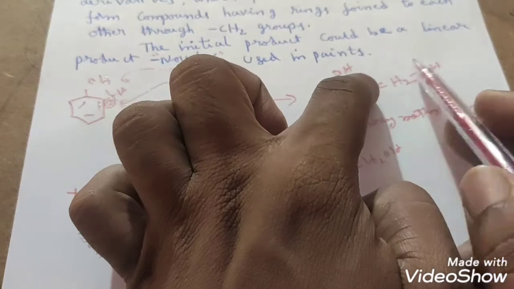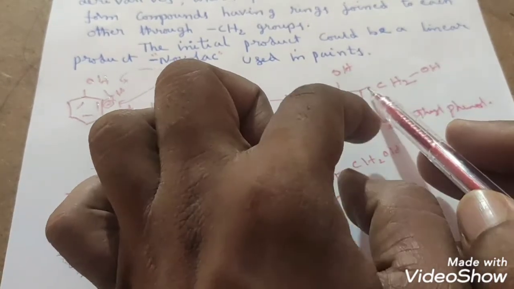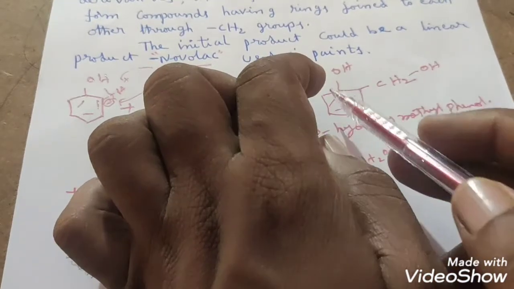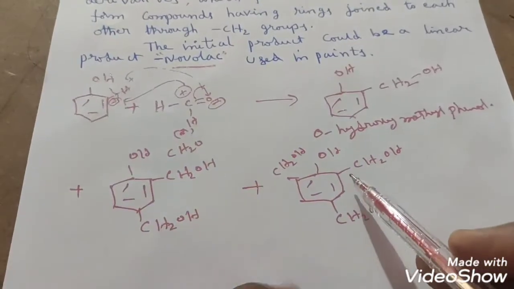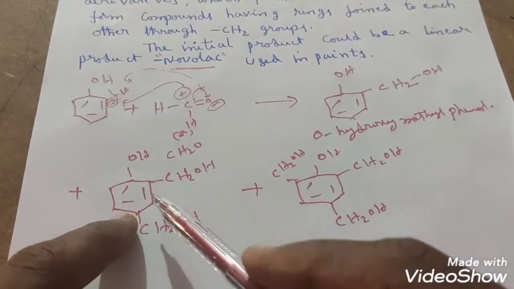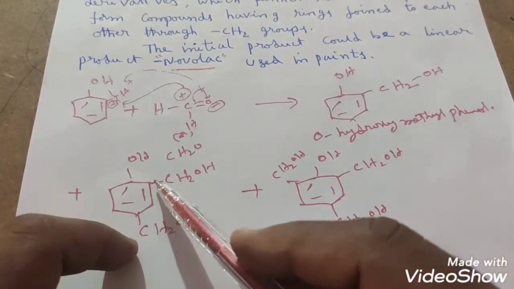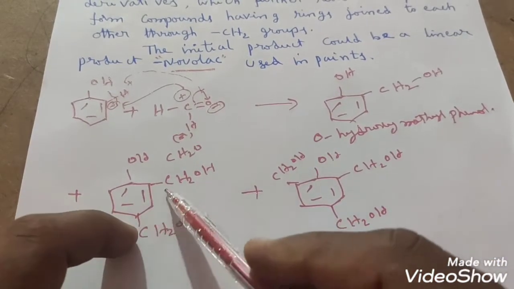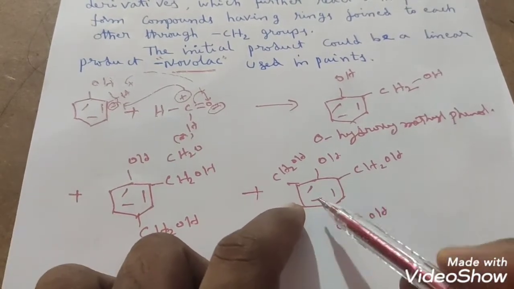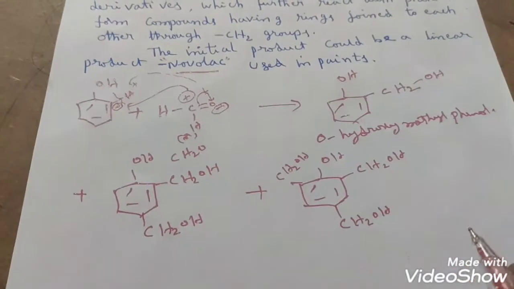See that, this is ortho hydroxymethyl. This is what? Hydroxymethyl. It is present at the ortho position. That's why I am calling them ortho hydroxymethyl phenol derivatives. This is a derivative. This is a derivative. You can take, or else para hydroxymethyl phenol derivative. One more group is there. Or else you can also call this what? 2,4 dihydroxymethyl phenol. 2,4,6 trihydroxymethyl phenol. Like this you can call, right? So like this a mixture of products you will get.